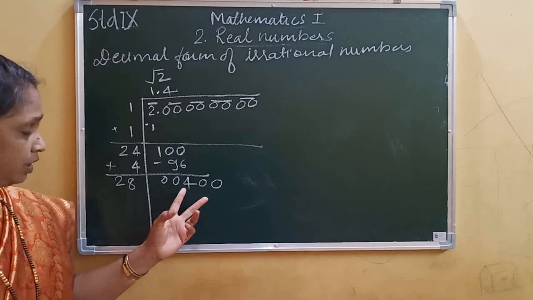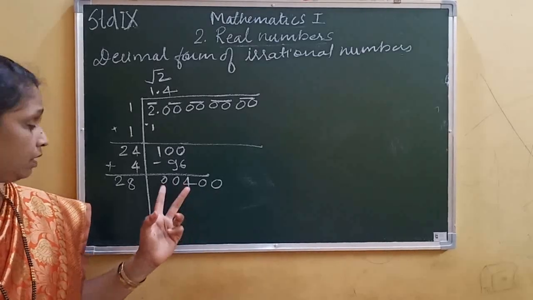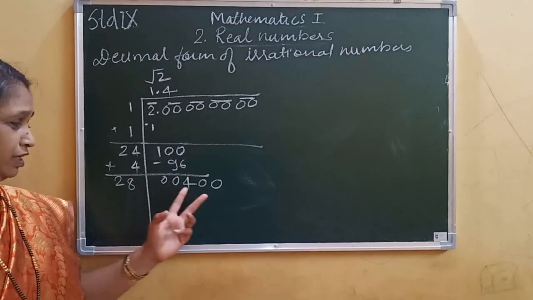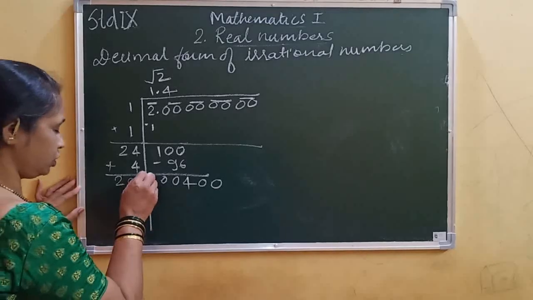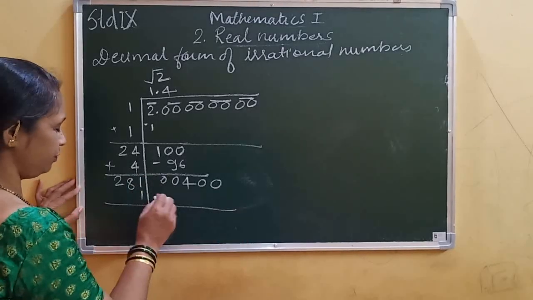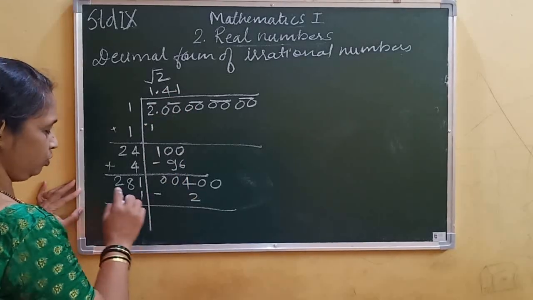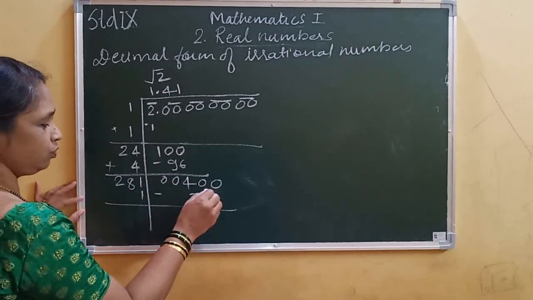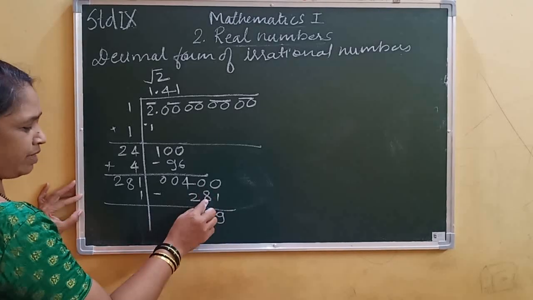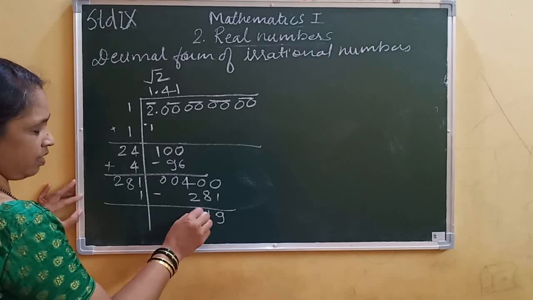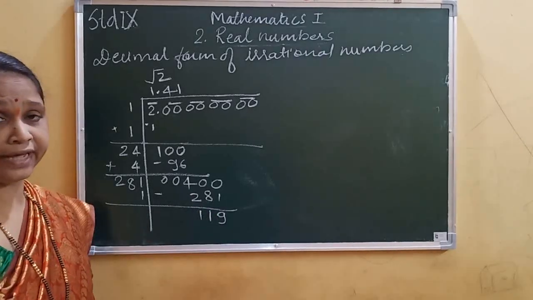We have got 28 2, and here is 400. So which number can we take here so that it is divisible? Now if we take 2, then it will be more than 400. So 2 will not be possible. We have to take 1. Okay, if you take 1, then 1 times 281 is 281. So 10 minus 1 is 9, 9 minus 8 is 1, and here 3 minus 2 is 1. Okay, so we got 190.